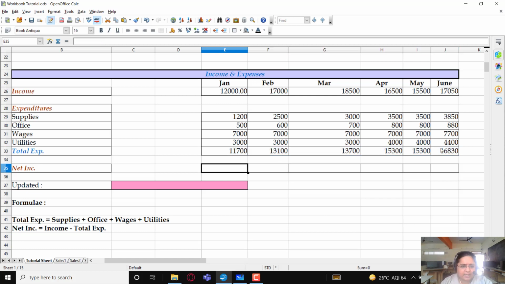Then we have net income. So equals, how will I calculate the net income? First I select the cell which contains 12,000, minus, I select the cell which contains 11,700 and press enter, and this is my net income. If I drag it rightwards, it will automatically calculate net income for all the months.